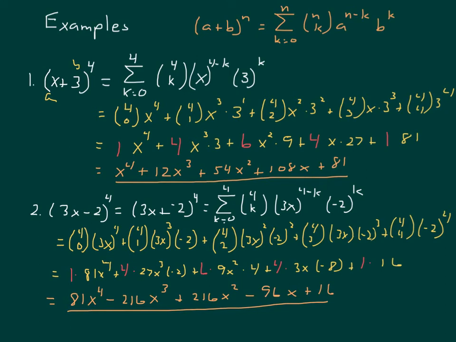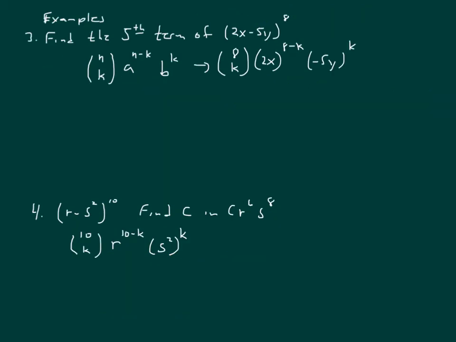Write that out and then do the expansion after that when you're asked to go and do a full binomial expansion. Now let's take a look at some other examples. In this case, what we have here is we want to find the fifth term of 2x minus 5y to the eighth. Now, what I want you to remember on this one, every term, what you saw in that summation,